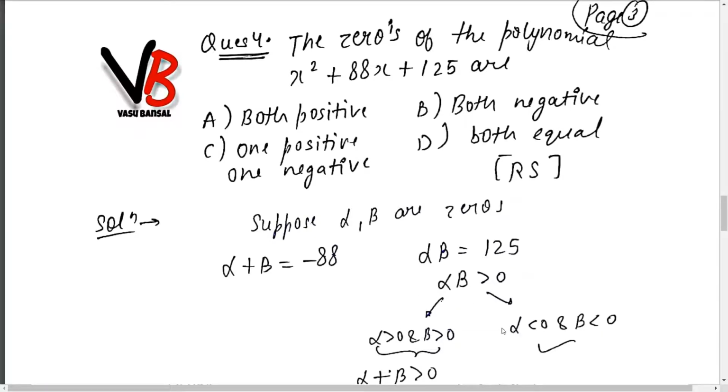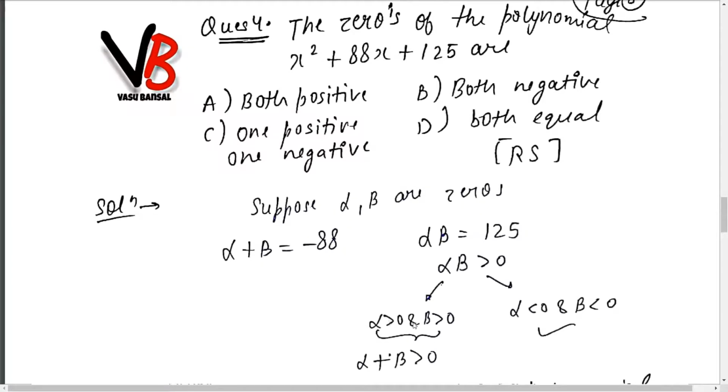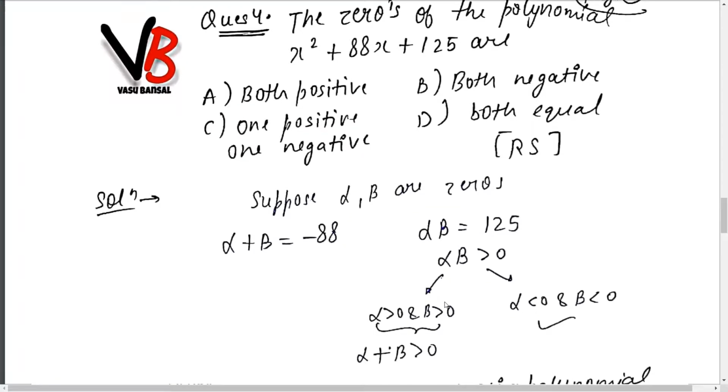And suppose if alpha is minus 2 and beta is minus 3, then also the product will be greater than 0. So if alpha is greater than 0 and beta is also greater than 0, if we consider this case, then alpha plus beta is also greater than 0, because the sum of two positive numbers will also be a positive number. But we are given that the sum is a negative number,